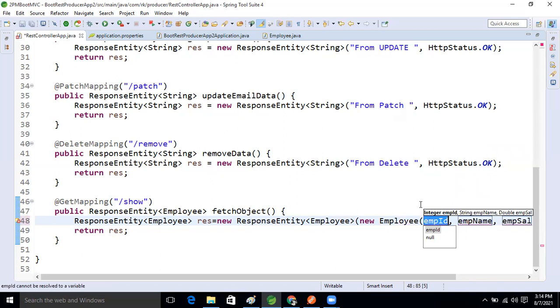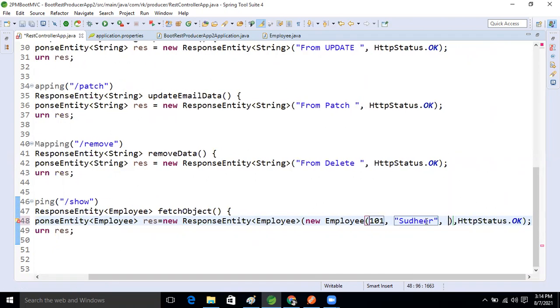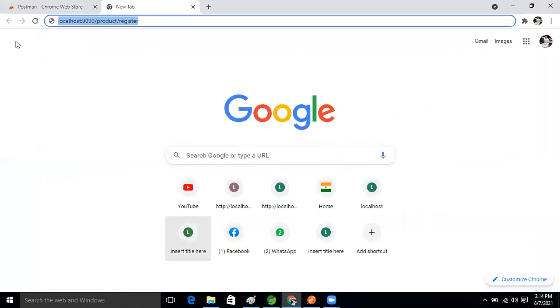I'm taking 101, and the name I'm taking Sudhir, and the salary I'm taking, okay, this is the salary now, guys. This data I'm going to send to our browser.